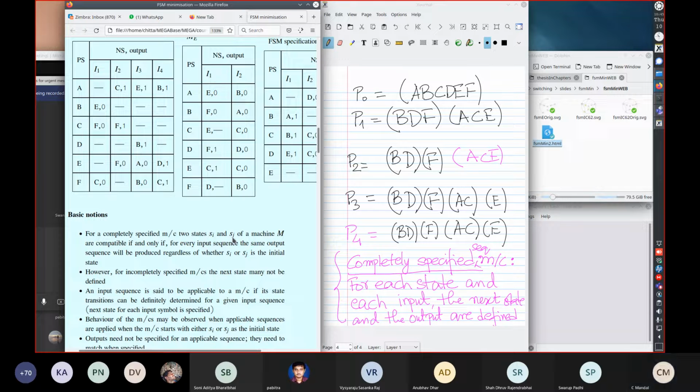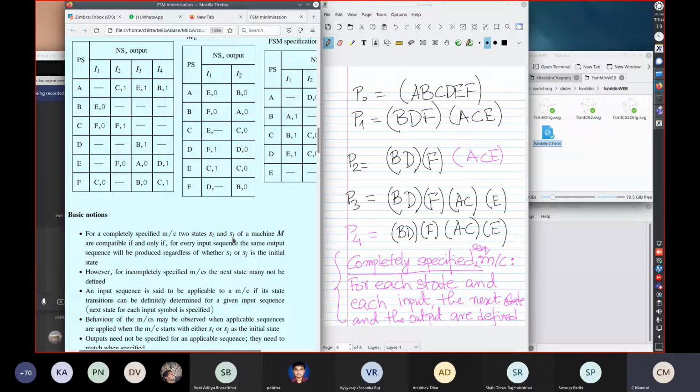So we have a new concept here, an applicable sequence. An input sequence is applicable to a sequential machine if for that sequence the state transitions are all defined. So if the state transitions are defined for each input of a sequence, then that sequence is said to be